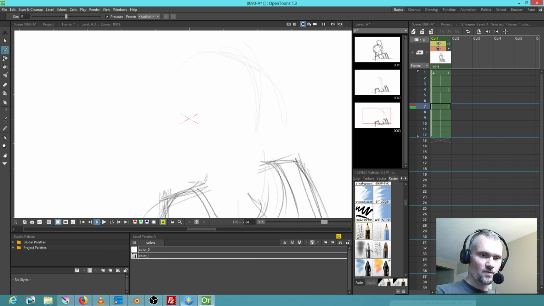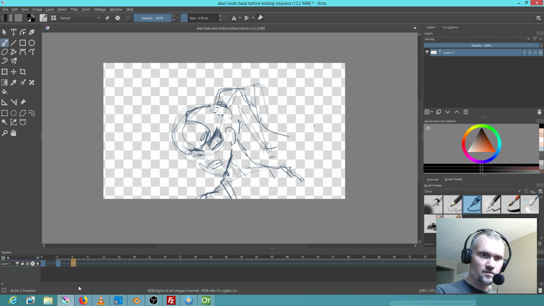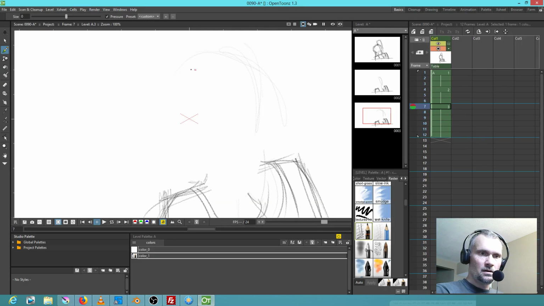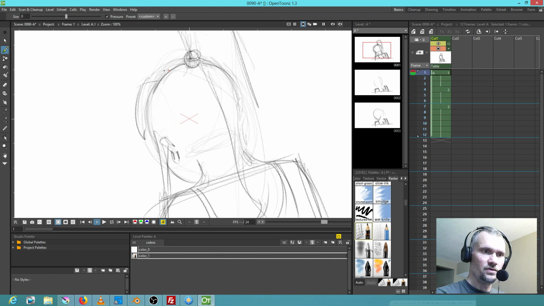Okay, so now let's go back and take a quick peek here, because I think my rough was actually not too bad. Yeah, I mean, it's cool. So I'm going to just keep toggling back and forth here, because it's not that big of a deal to follow this original drawing, because it's not like it's that great. But okay, so now presumably this would be